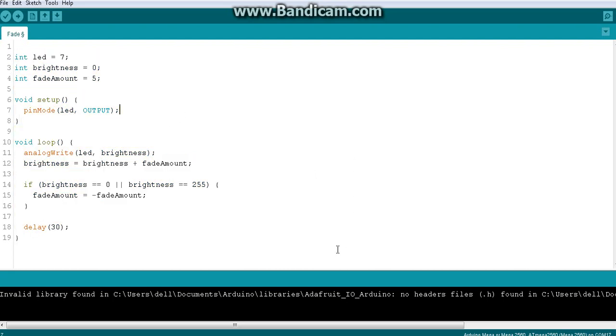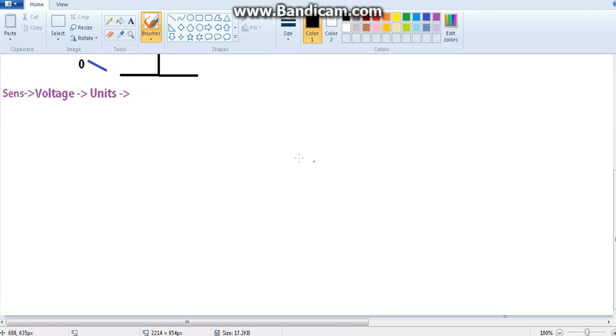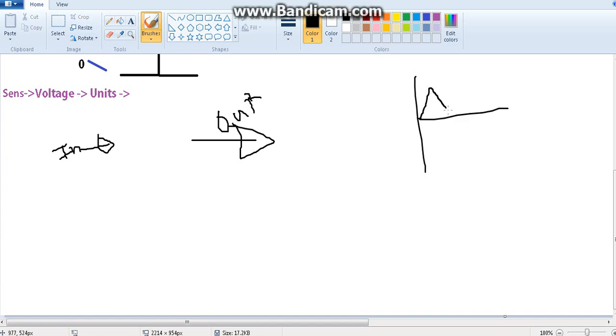Okay, that's fine. Now we have manually increased the brightness, everything is fine. But still, this is kind of an automated scenario. That means it happens the way it is, right? Can't we just customize it with an input? So what I'm asking you is, can't we go for a new scenario where you are giving an input, and according to that input, can't we get the analog output? Now our analog output is fixed, right? It is going from 0 to 255 and coming down to 0, again 255, then 0 again. This is what we are doing now, right?